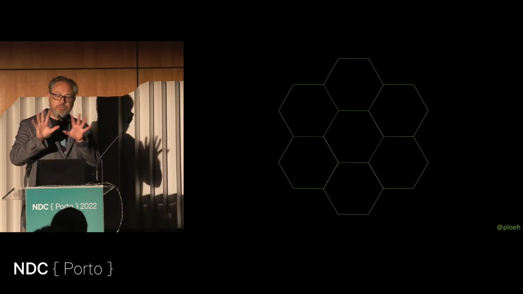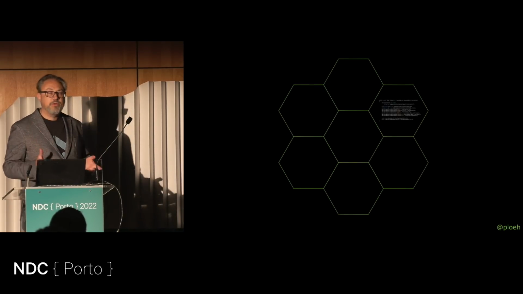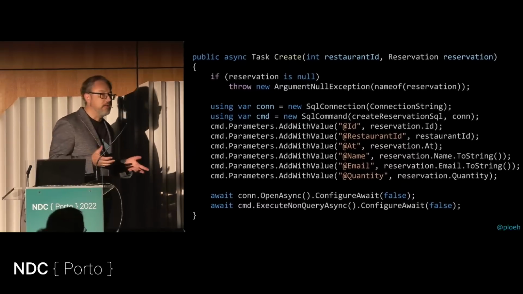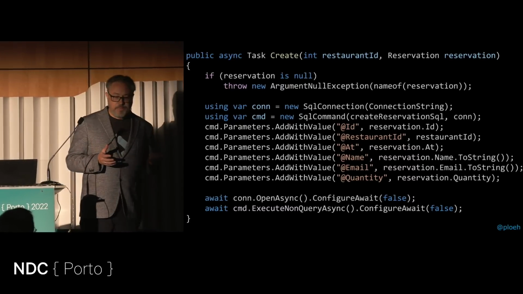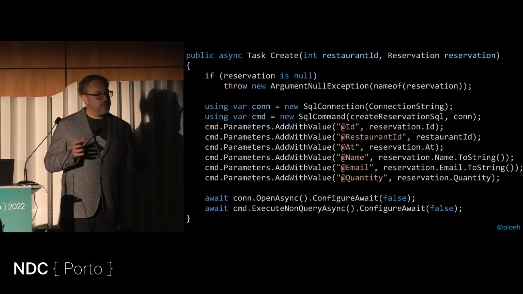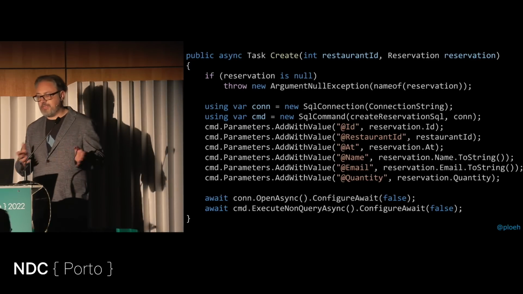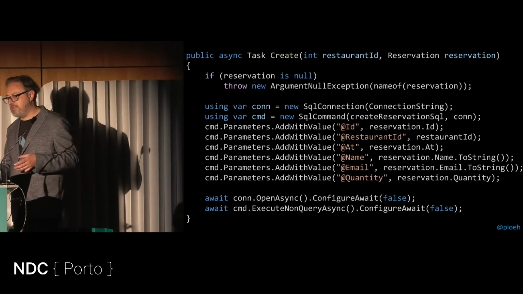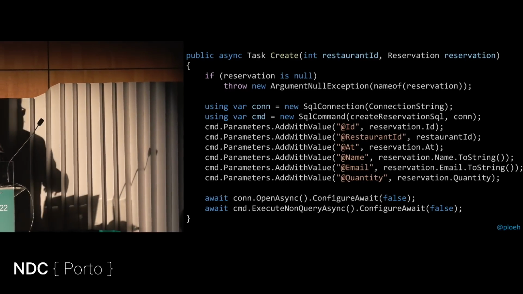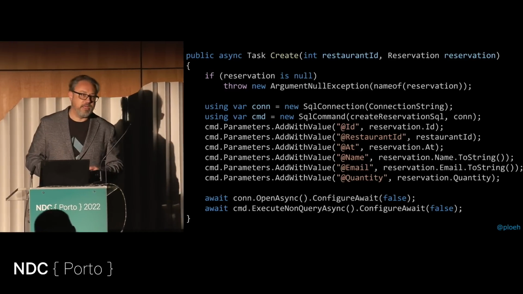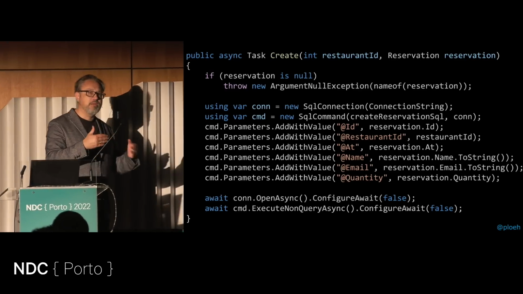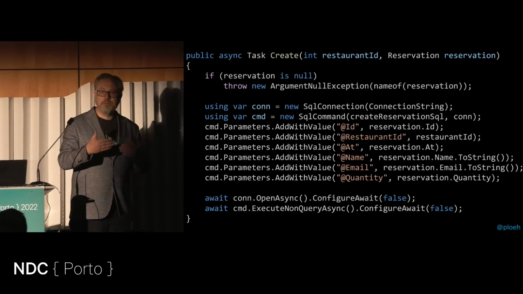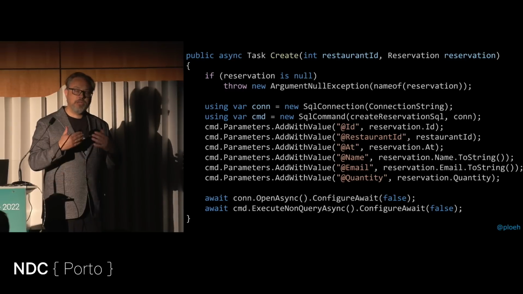So you can keep on zooming into one of the cells, and maybe finally you'll find a piece of code like this one. I chose this create method. This is sitting on a repository class that communicates with a relational database and actually saves reservations into the database. And I chose this one because this is about as much as you can zoom in terms of layers of abstraction. There's really nothing. There are no more layers of abstraction hidden behind this code, not in terms of user code